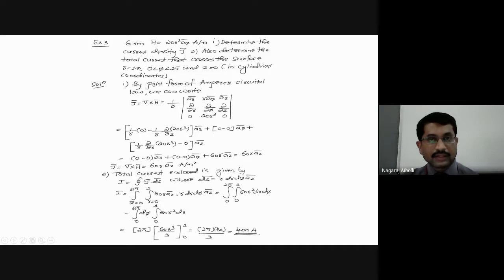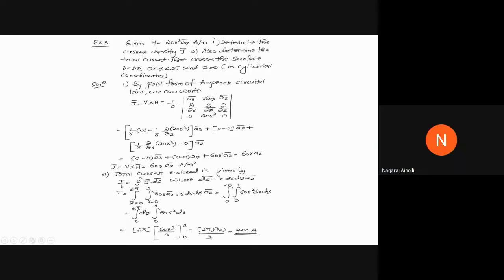Then coming to the second part of the problem, they have asked to find the total current that crosses the given surface. Total current enclosed is given by the equation I is equal to closed surface integral J bar dot dS bar, because current density is current per unit area. dS and dS will cancel, LHS will be equal to RHS. Therefore, I is equal to closed surface integral J bar dot dS bar, where dS bar is, now to find this dS bar,